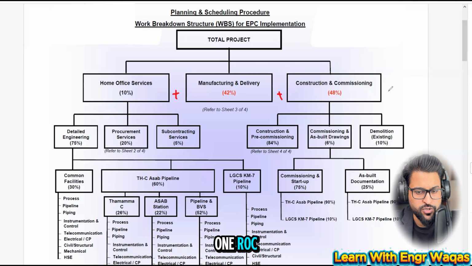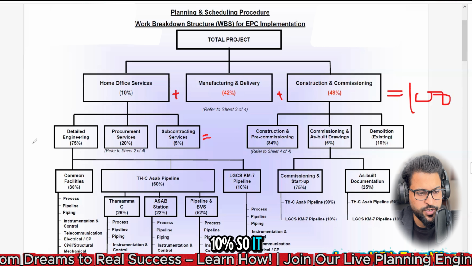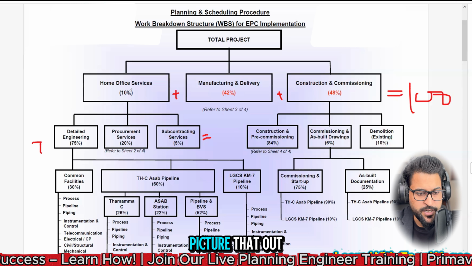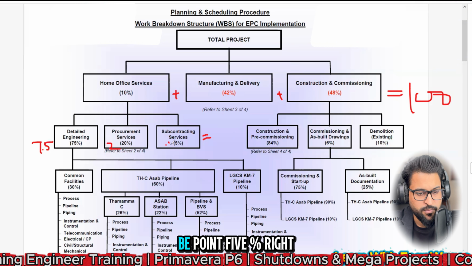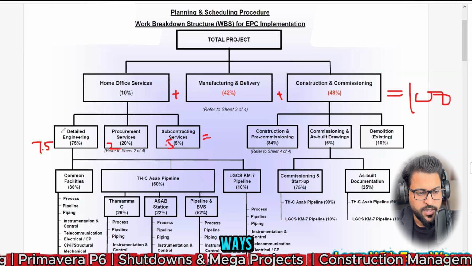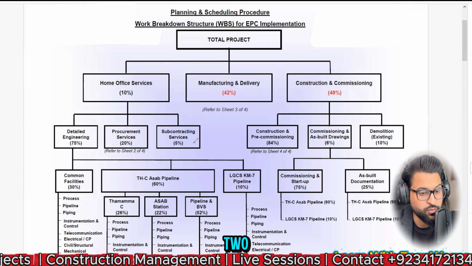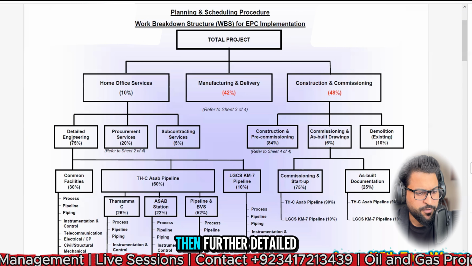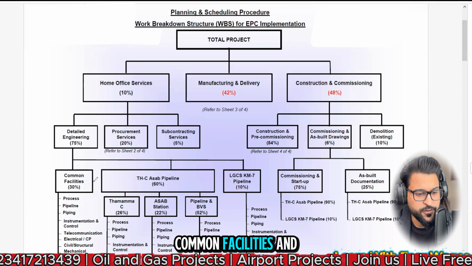This is level 1 ROC, which gives you 100%. This is level 2, which also gives you 100%. If you want the overall percentage, you have to multiply 10% with 75, 10% with 20, and 10% with 5. So out of 10% it will be 7.5%, 2%, and 0.5%, right? If you represent it both ways, as 7.5, 2 and 0.5, it is declared as level 2 ROC or weightages. Then detailed engineering design is further broken down into the third level, common facilities,